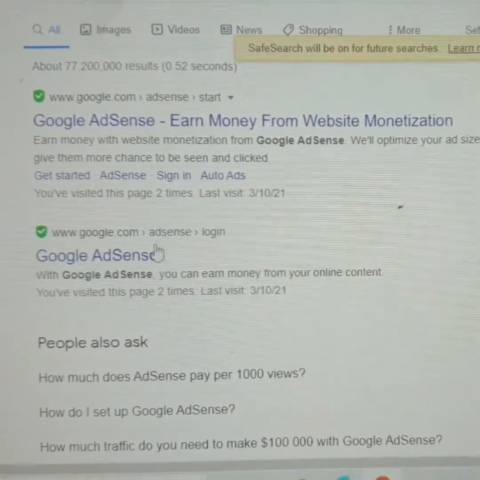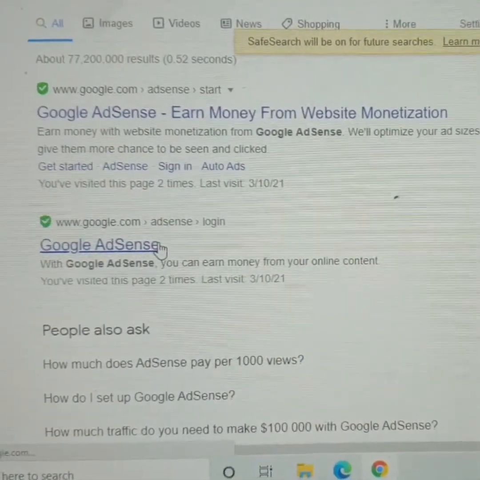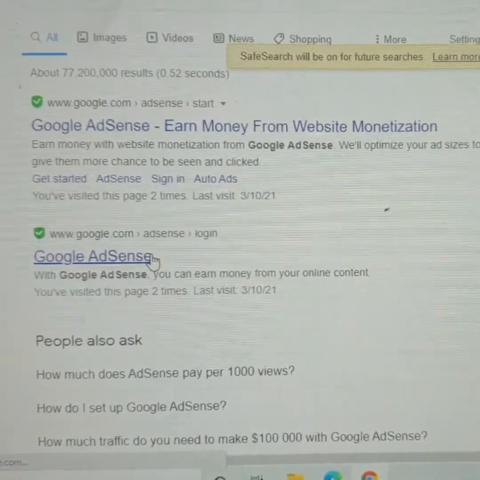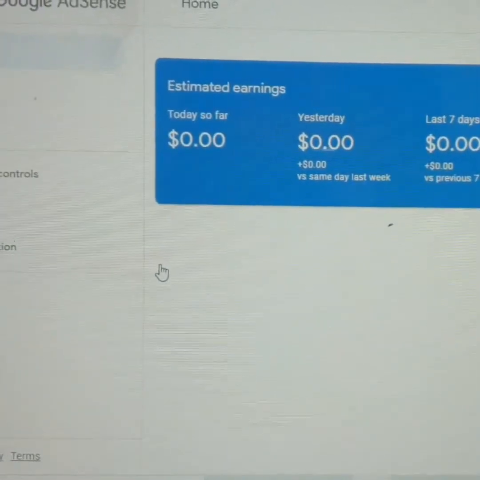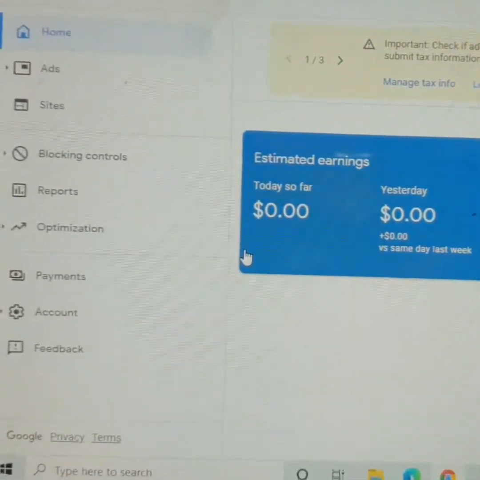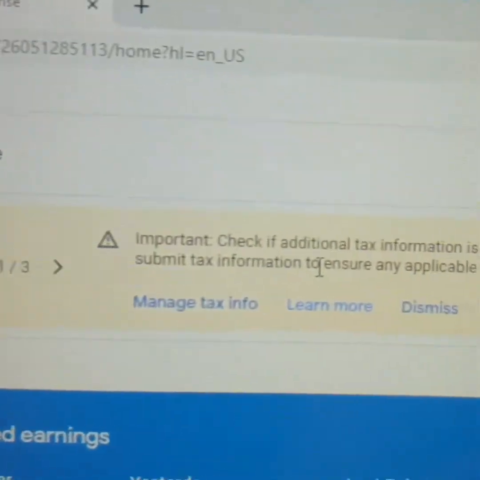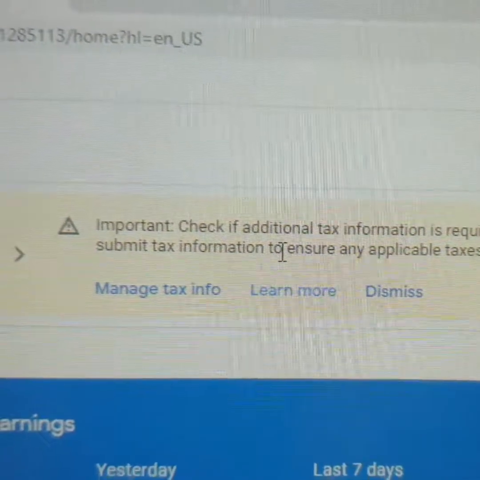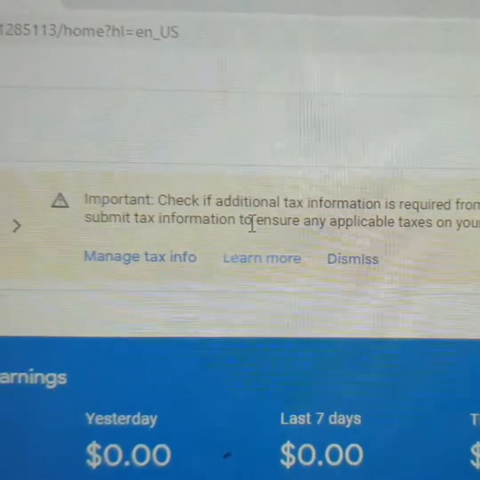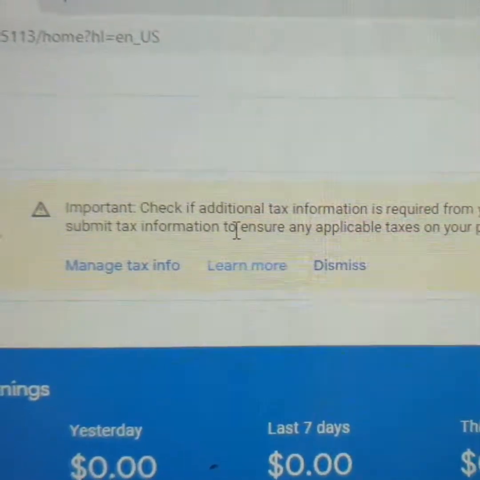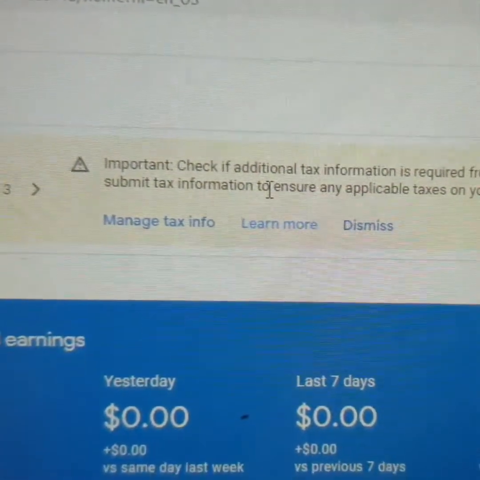Ito na, i-open muna natin yung Google AdSense para makalogin tayo sa ating Google account. Ito na. And then, after nito, nakita nyo yung important, yan. Important: check if additional tax information is required from you. All the YouTube creators and partners are required to submit tax information to ensure any applicable taxes on your payments are accurate. So, ang gawin natin is,